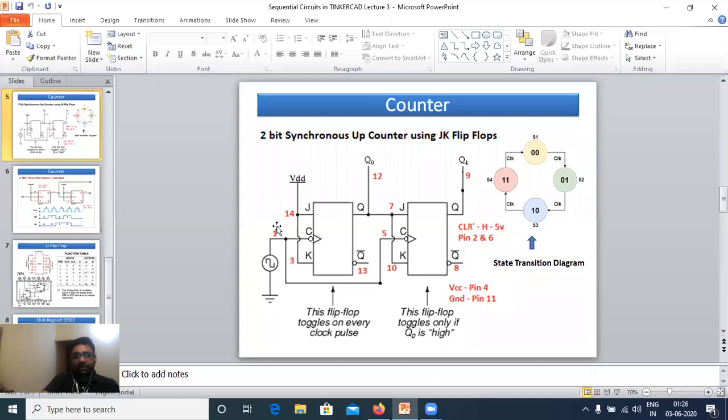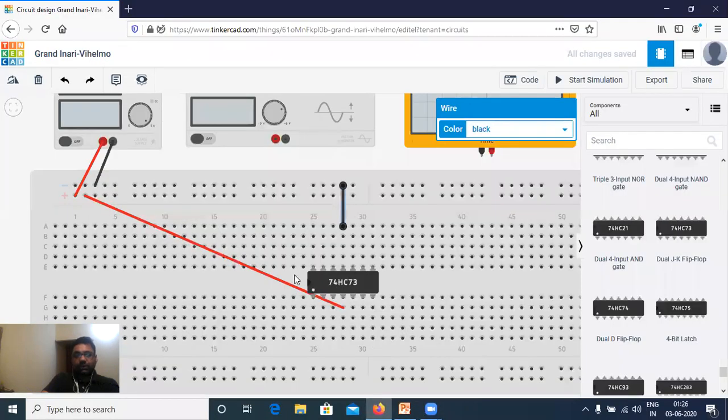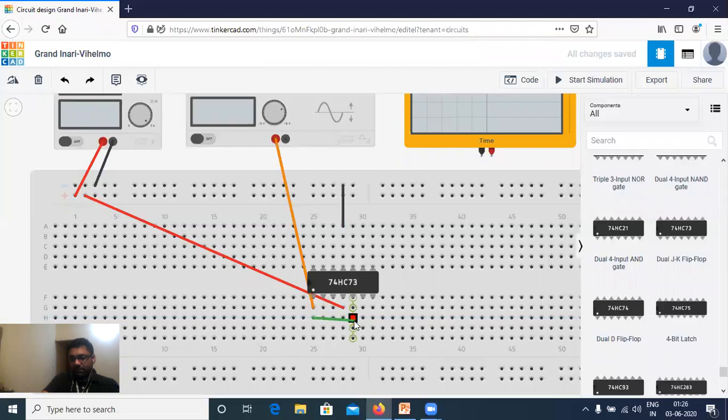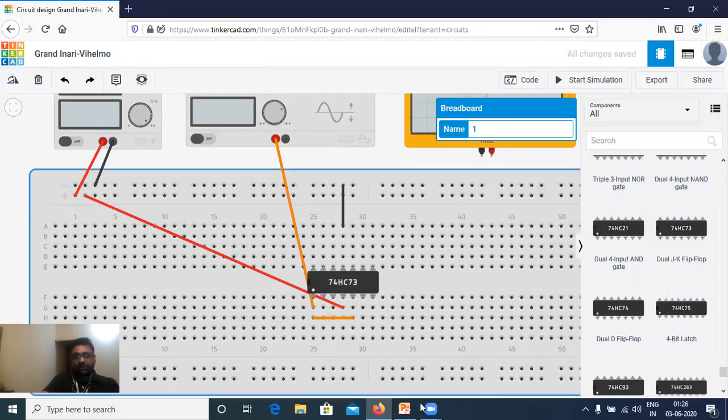It is a synchronous circuit, so both clocks should be common, the same. I am taking this to pin number 1 and color coding it orange. Orange means clock. Then the same should be connected to pin number 5, color coded orange. That means my clock connection is done.